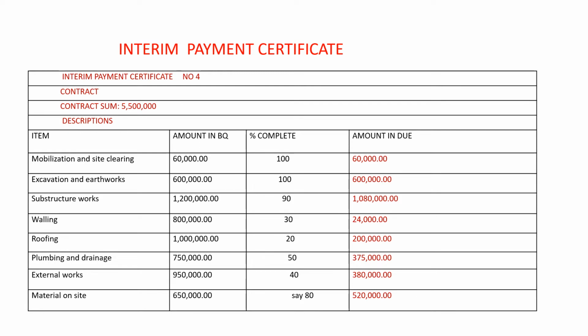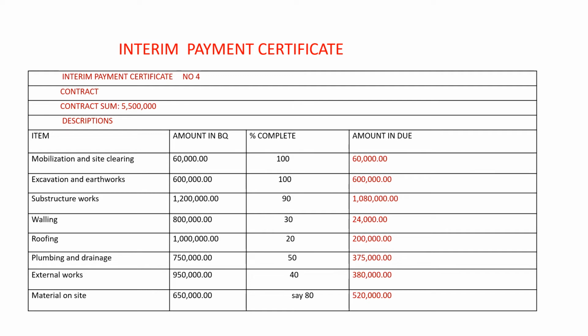It is completion to 30%. So it's 30% times 800,000, which gives us 240,000. And then we have roofing. 20% times 1 million, which gives us 200,000. Then we have plumbing and drainage works, 50% times 750,000 gives us 375,000. And then we have external works, 40%, that is 40% times 950,000, which gives us